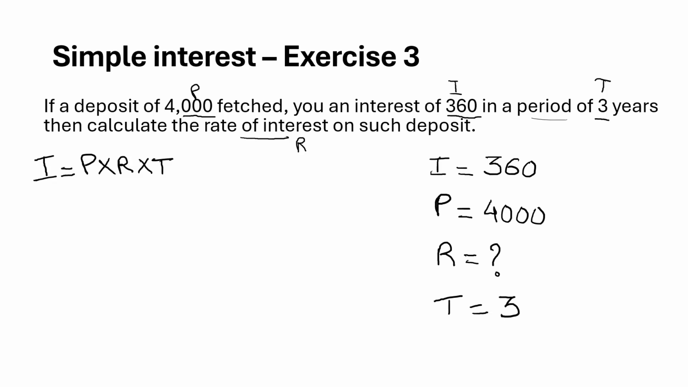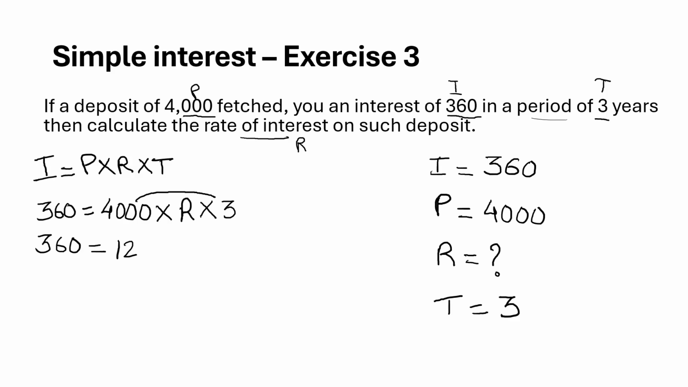Now coming to the formula, just substitute. I is given as 360, is equal to, what is my P? P means the principal. My principal amount is 4,000. Multiply by R. R is not given. We need to calculate R, the rate of interest. Multiply by T. T is the time period, means multiply by 3. Now we'll just solve it. 360 is equal to 4,000 multiplied by 3, means 4,000 multiplied by 3 is 12,000